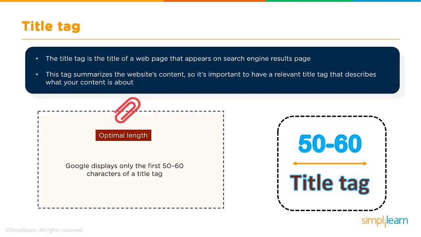So if the title tag is the title of the web page, the meta description describes the page. Okay, so it's a description about what that page is. So the meta description appears under the title tag and then the URL. So if we go back to our Google search results, we look here, Italian restaurants in Florida,